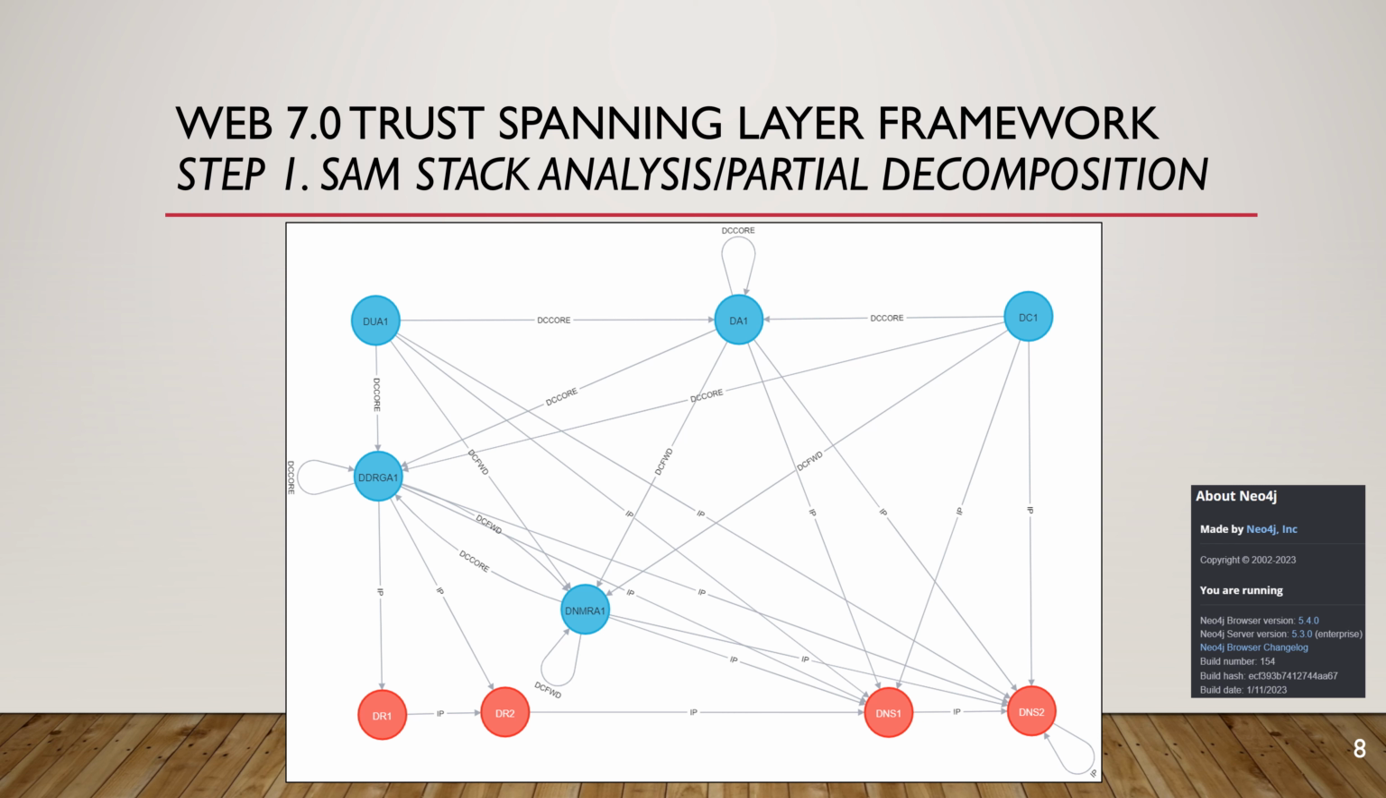Across the top, we have DUA1, which is the DIDComm user agent. In the middle at the top, we have DA1, which is the conventional DIDComm agent. And on the far right, we have the DIDComm client one. Coming down the left side in the middle, there's the DIDComm routing agent, message routing agent. And the one DIDComm agent that's left, the lowest one in the diagram there,